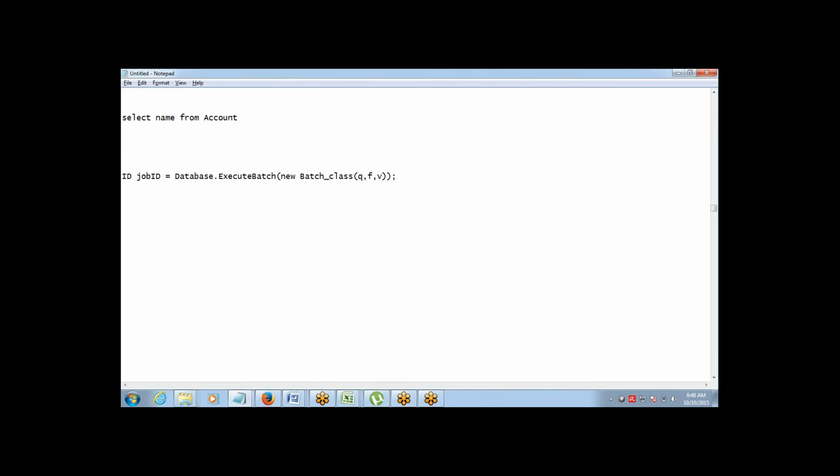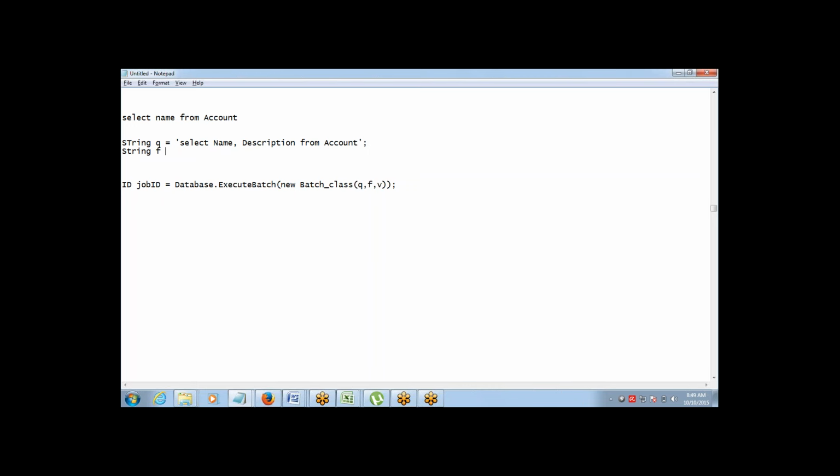So we will just need to say String q = 'select name, description from account'. Description is the field that I want to update. Okay, that's the query.